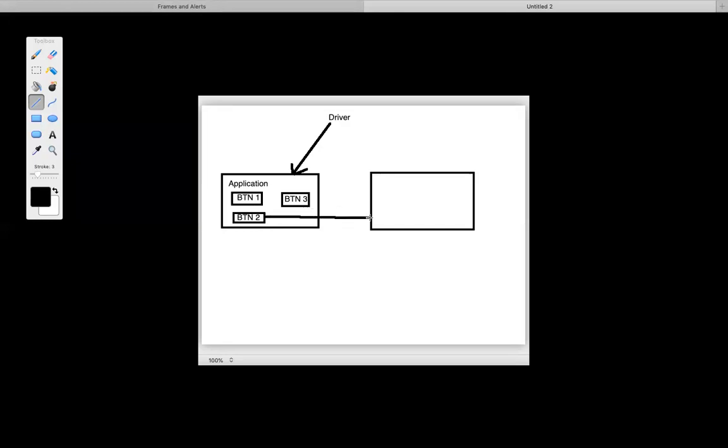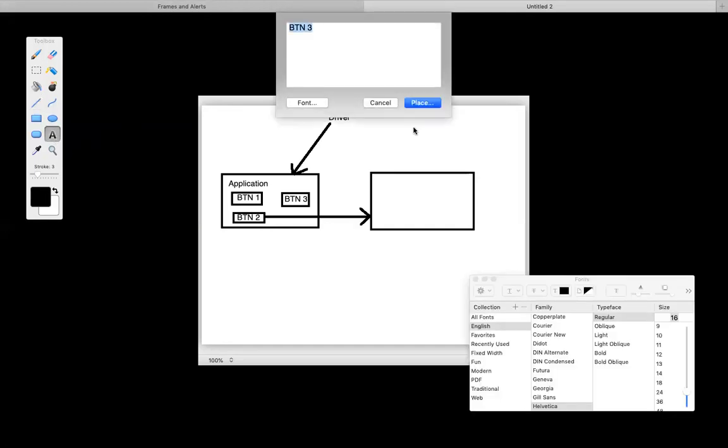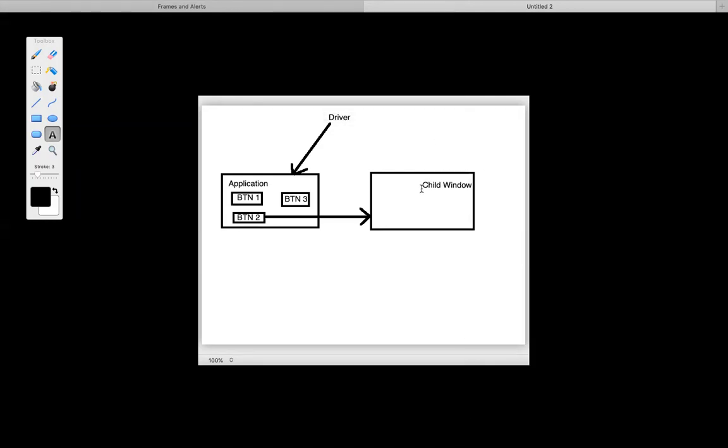As I said, I showed you an example on Google Chrome, where it actually launches a new window. Let's say this is a child window, because it is getting triggered from a parent window.